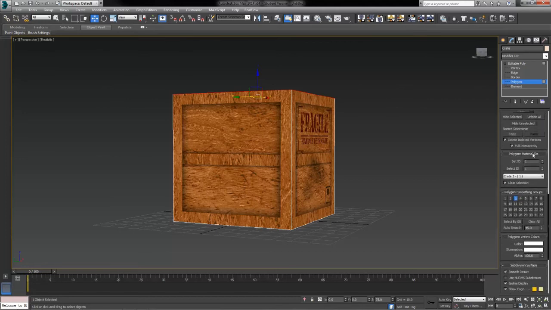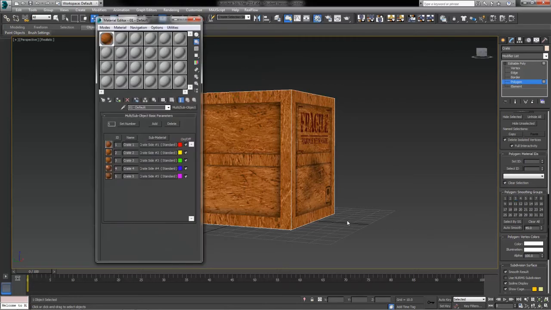we find the rollout that says Polygon Material IDs. Again, if I quickly hit M to open up our material editor, you'll notice that in our multi-sub-object shader here, we've got this ID column that I told you we'd be using in the future. 1, 2, 3, 4, and 5. Different ID number for each one of the sides of our crate, the different shaders, the different textures that we